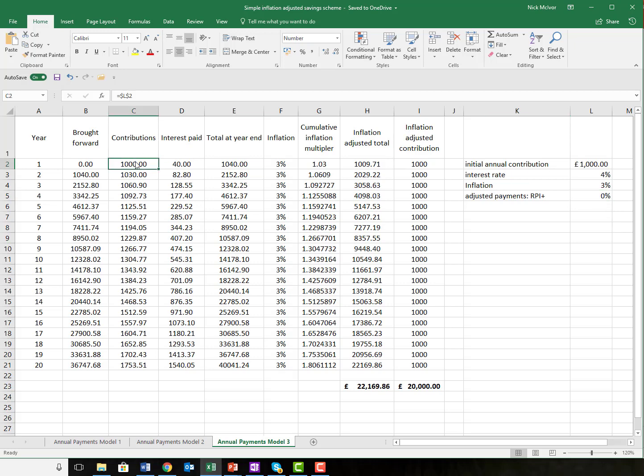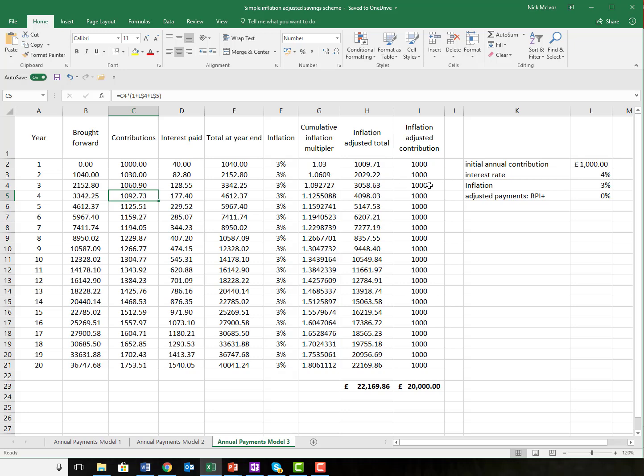My first year, I put in £1,000. At the end of that first year, my cumulative inflation multiplier is 1.03. So the amount of money I pay in at the start of my second year is simply whatever I paid in my first year times 1 plus my inflation rate plus my extra percentage I'm adding. So that's just 3% plus 0%. There's my times 1.03. And as you can see, with my payments in going up over time,